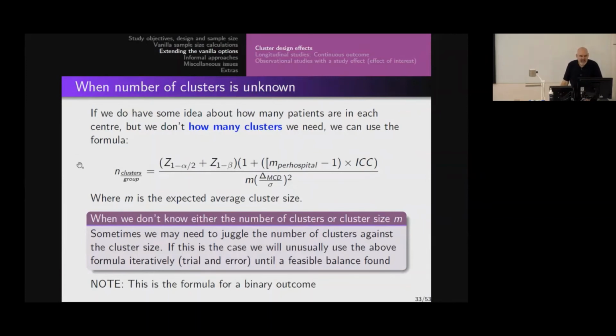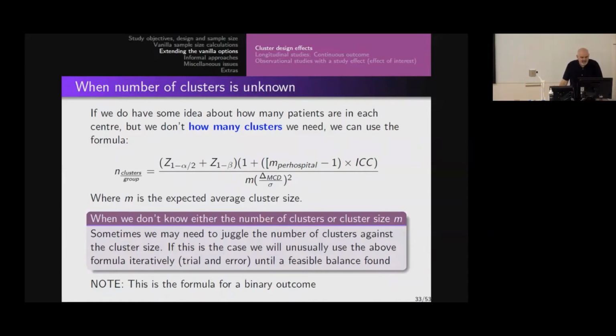So what we can do is actually work it out like this, okay? It's a very similar formula. We are just throwing this M down the bottom of the formula, and you'll see that the inflation factor has just been worked directly into the original formula itself. I'm not sure how good your maths is, whether you can spot that, but that formula is pretty much exactly the same, except for the inflation factor itself, and I've also put M here because it is the number of clusters, not the number of patients.